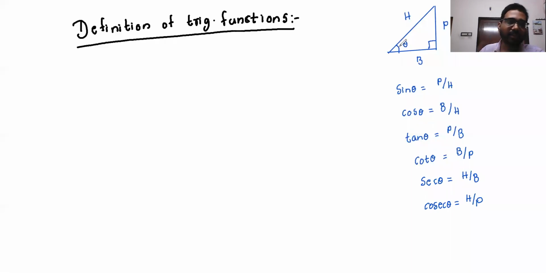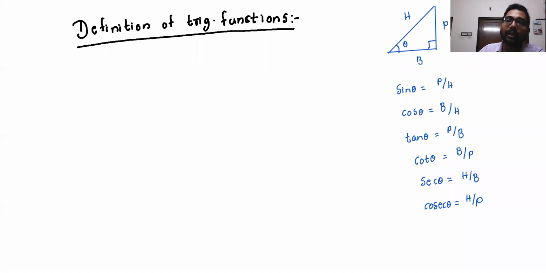You might have learned this in school already, but this is valid only when theta is less than 90. We cannot take theta more than 90 in a right angle triangle, so 90 is the maximum possible angle. So in school you learned 0 less than theta less than 90 degrees. We know some of the standard values as well. Sine 30 is half. Sine 45 is 1 by root 2. Sine 60 is root 3 by 2. Similarly cos 30 is root 3 by 2, cos 45, cos 60, all these things we know, right?